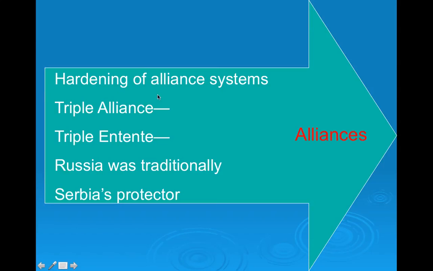The hardening of alliance systems, specifically the Triple Alliance and the Triple Entente, Russia was traditionally Serbia's protector. We'll get to that in just a second. Is going to create a massive problem. So make sure you know what an alliance is. Write it out beside it. It literally is a formal friendship, an agreement, if you will, between countries to have each other's backs,